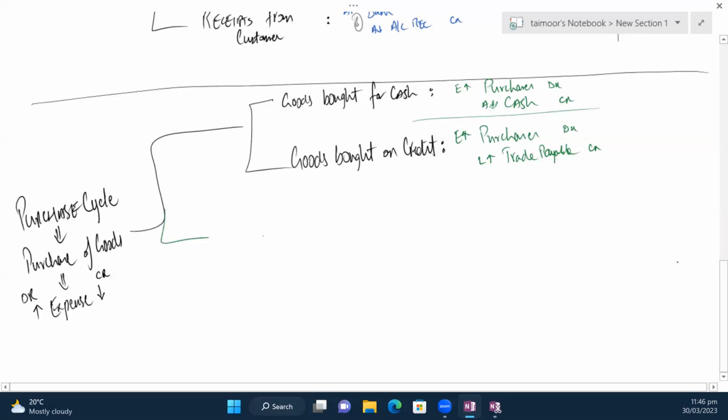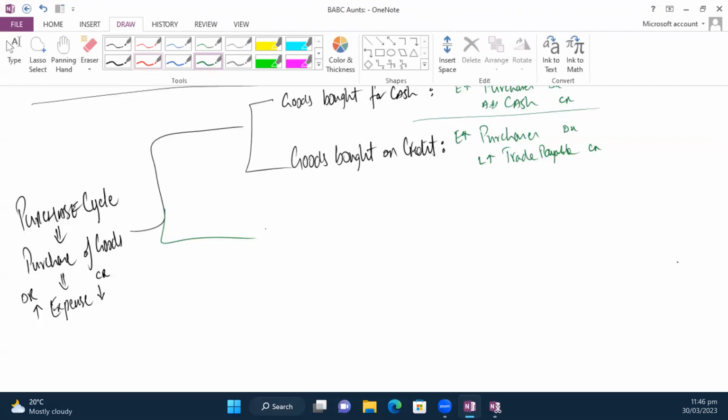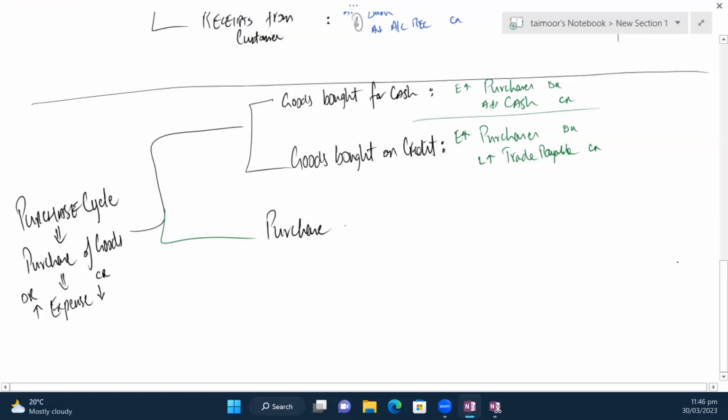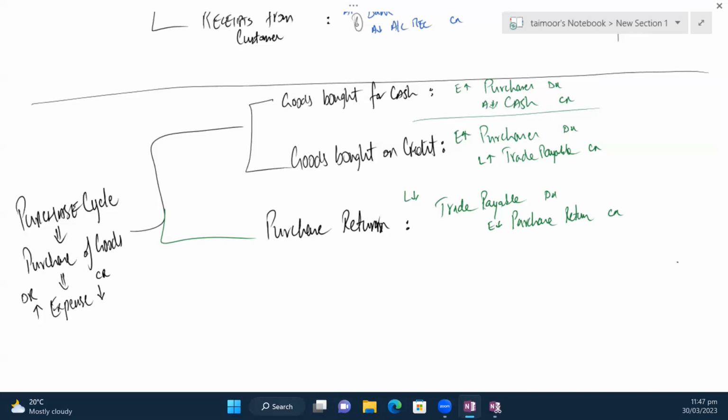Okay, next thing would be purchase return. Goods that have been previously bought on credit when they're being returned back to you. So this is basically trade payable debit, purchase return credit, liability decrease, expense decrease. Trade payable debit, purchase return credit. ठीक है जी. इसके बाद the next entry will be